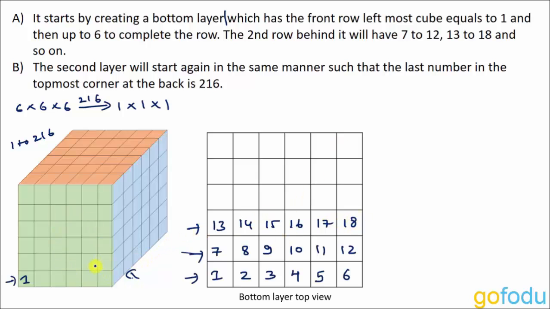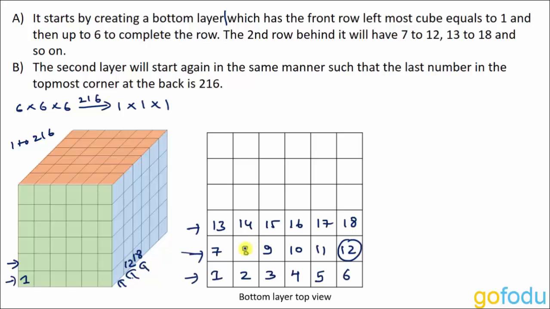Now, if we look at this cube, the row behind the first row is this row, as I told you. And this cube, which is at the right corner, will be numbered as 12. Cube just behind it will be 18. Now don't confuse it with this row which is actually above the bottom layer. We are talking about the row which is behind the first row. So if this is the first row, this will be the second, this will be the third and so on.